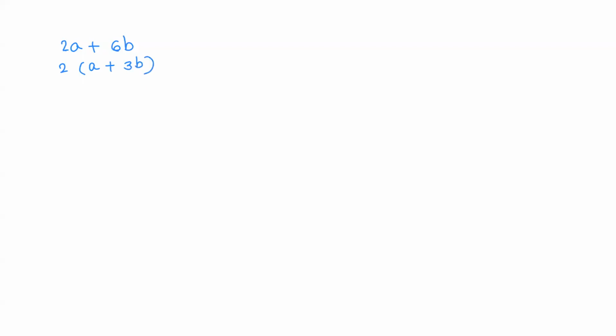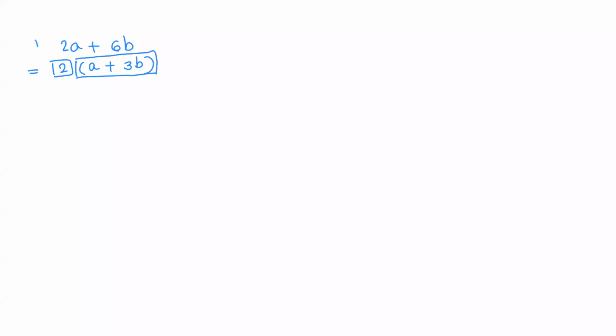So we have factorized 2a plus 6b. And if you want to know what the factors are, this is one of the factors and this is the second factor. Why do we call them factors? Because if you multiply them by opening the bracket, you will end up getting the same algebraic expression. So 2a plus 6b, if we have to factorize, we simply take out 2 common. That's it. It's pretty simple.